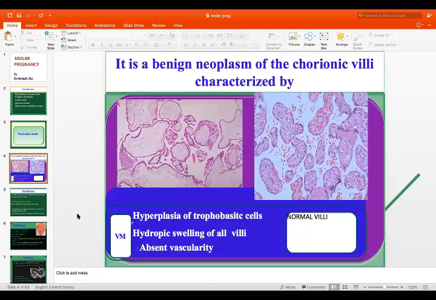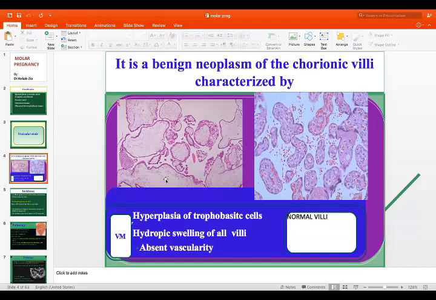As you can see over here, there is hyperplasia of the trophoblastic cells, hypertrophic swelling of all the villi, and absent vascularity. There are no vessels. So there are three characteristics: hyperplasia of the trophoblastic cells, hypertrophic swelling like grape-like structures, vesicles, and absent